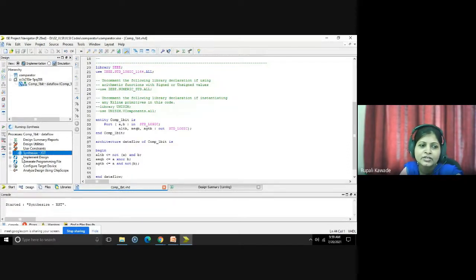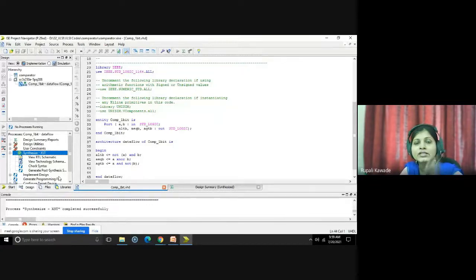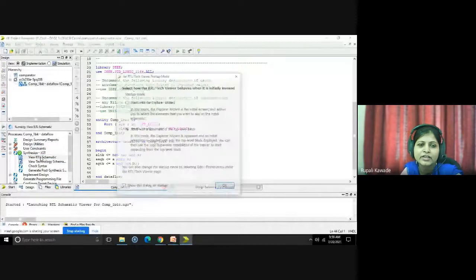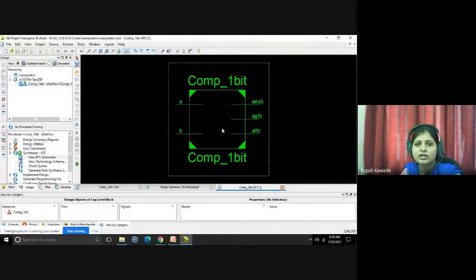Okay. So we will see its synthesis and the schematic view, how this code will be synthesized into a gate level netlist. So view RTL schematic, you can double click on it. Now you can observe the hardware that will be generated after writing this particular code. A and B are the inputs and three outputs are there for the comparator.